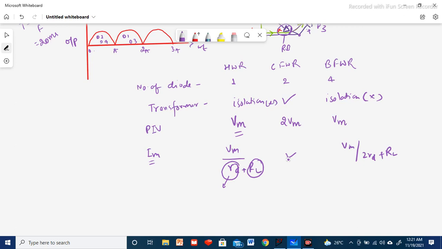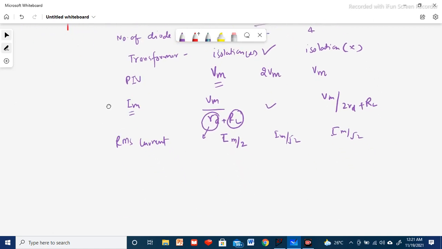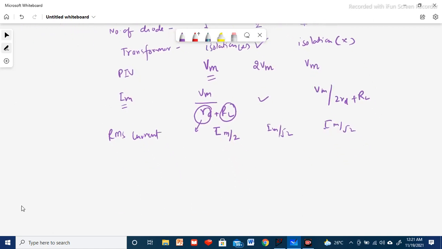Talking about the RMS current, it is the RMS current for these three configurations. It is Im by 2 for half wave rectifier, and Im by root 2 for full wave rectifiers, both the rectifiers. Fine. And then ripple factor